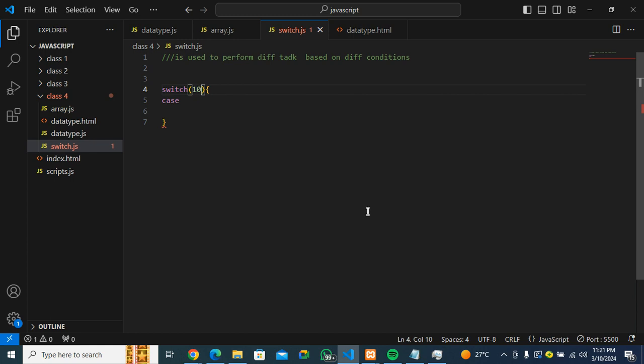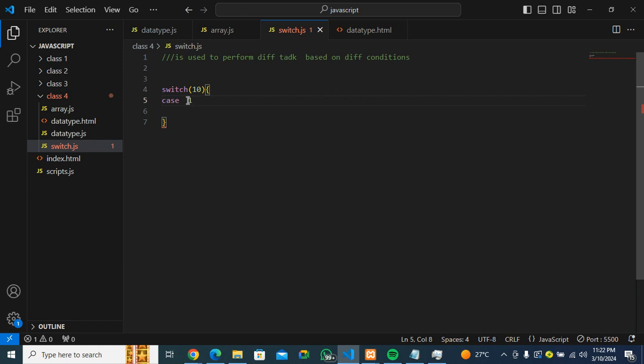So this is what we use to evaluate the condition. Here is where we check the case. We check each of the cases to see if it matches whatever is coming up here. So let's say in case I have 1,